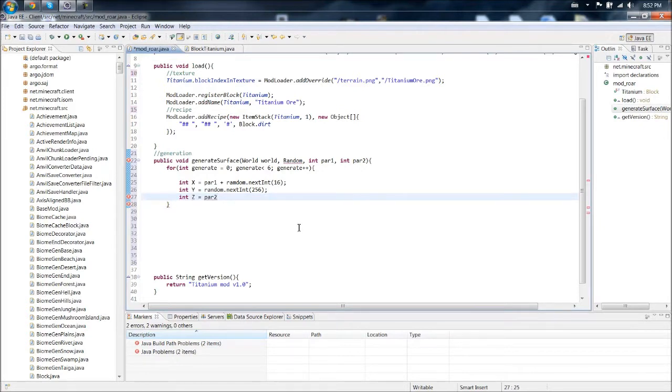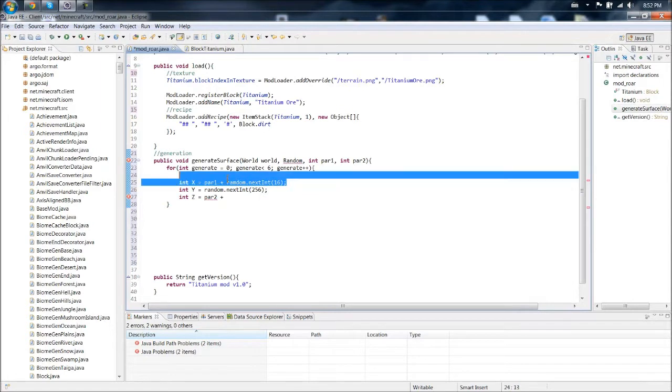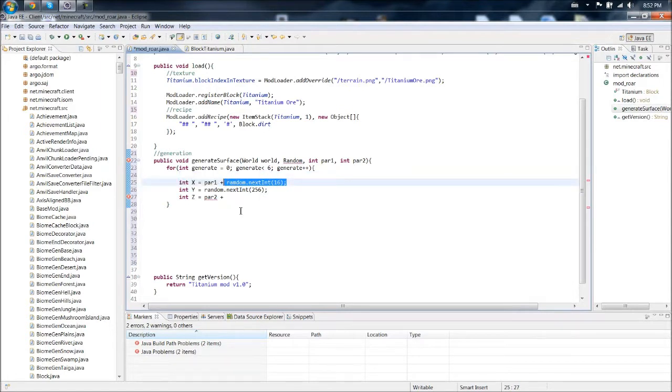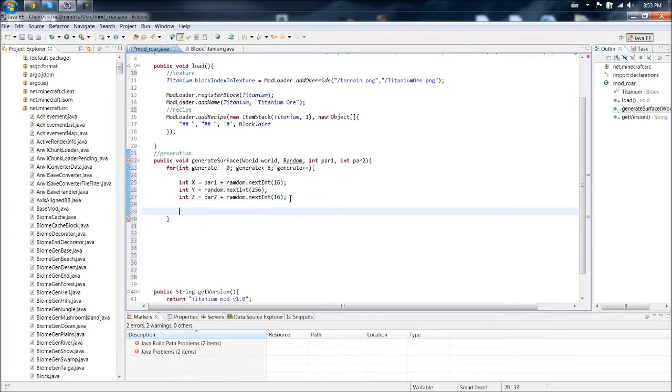So par2, plus, and then just copy this part here. It'll be 16 again, since a chunk is 16 blocks high. Now, what's wrong here? Okay, so before we go down there, we want to put in